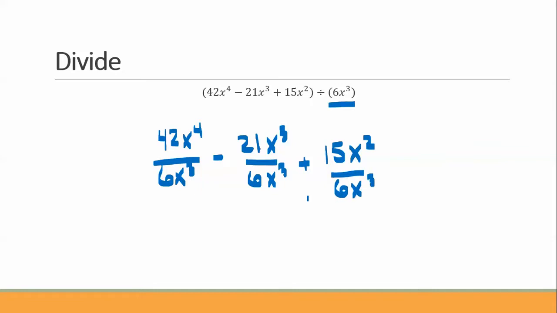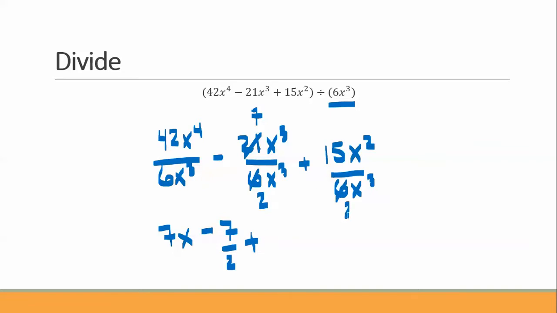So now we have 42x to the 4th over 6x cubed. 42 divided by 6 is 7. X to the 4th divided by x cubed is just x. And then minus 21 divided by 6. We can take a common factor of 3 out and have 7 halves, and then x cubed divided by x cubed is 1, plus 15 divided by 6,